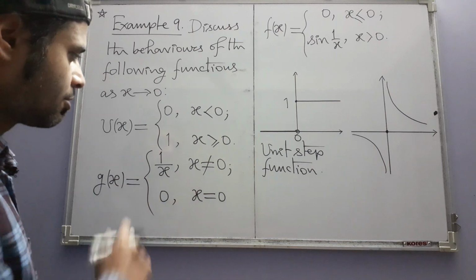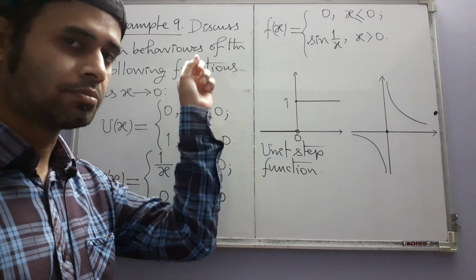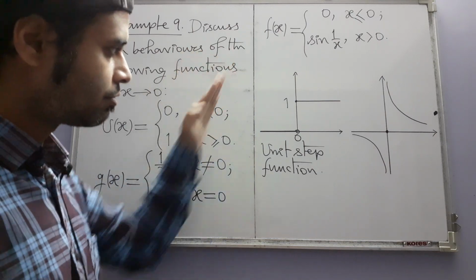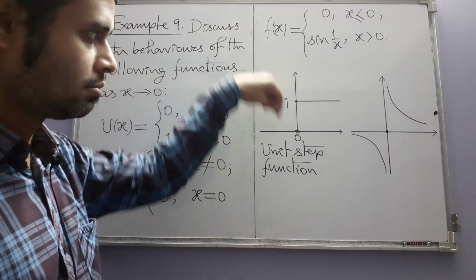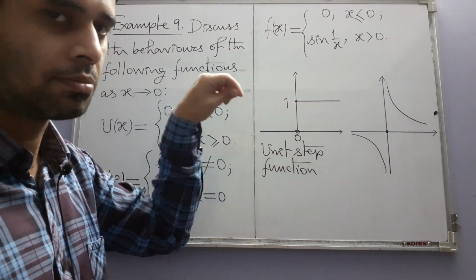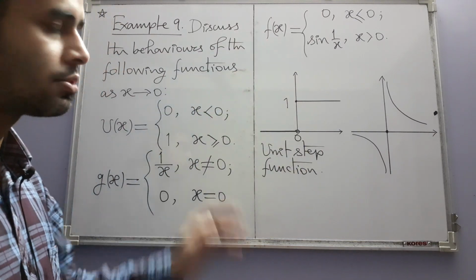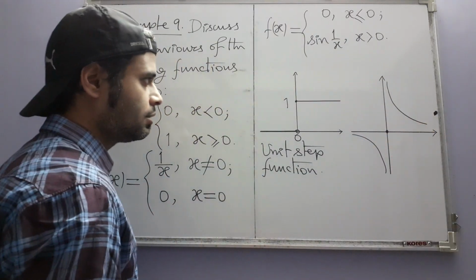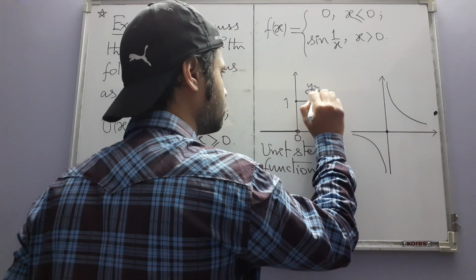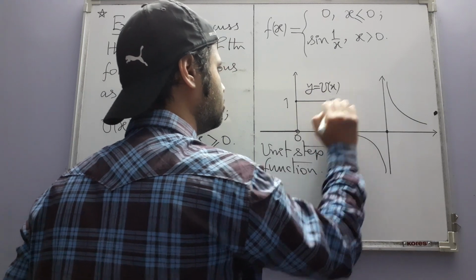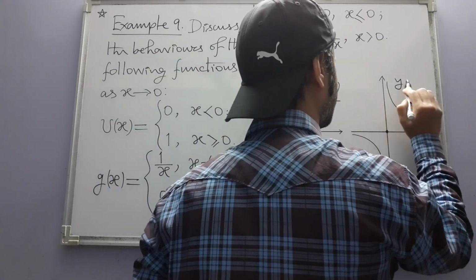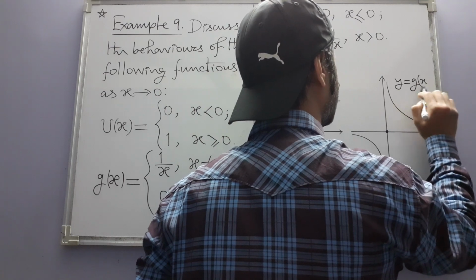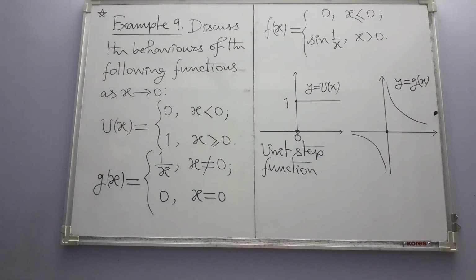Maybe that's why it is called g, because previously we got one g, where from the line we broke one point off and dropped it a little distance below those two lines. Okay, so this is the graph of y equal to u of x. This is y equal to g of x, and the graph of this one,